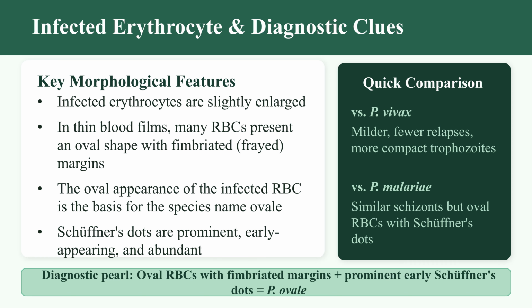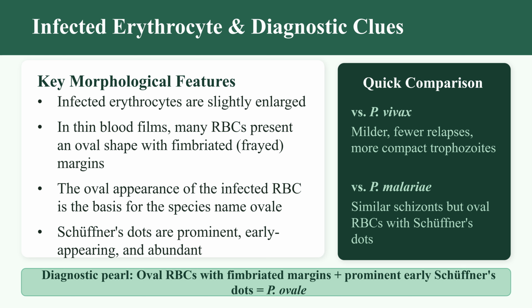Okay, now let's talk about the infected erythrocytes and diagnostic clues about the parasite. The key morphological features are that the infected erythrocytes are slightly enlarged in thin blood film. Many RBCs present are oval in shape with fimbriated margins, and this oval appearance of the infected RBC is the basis for the species name ovale, and the Schüffner's dots are prominent,